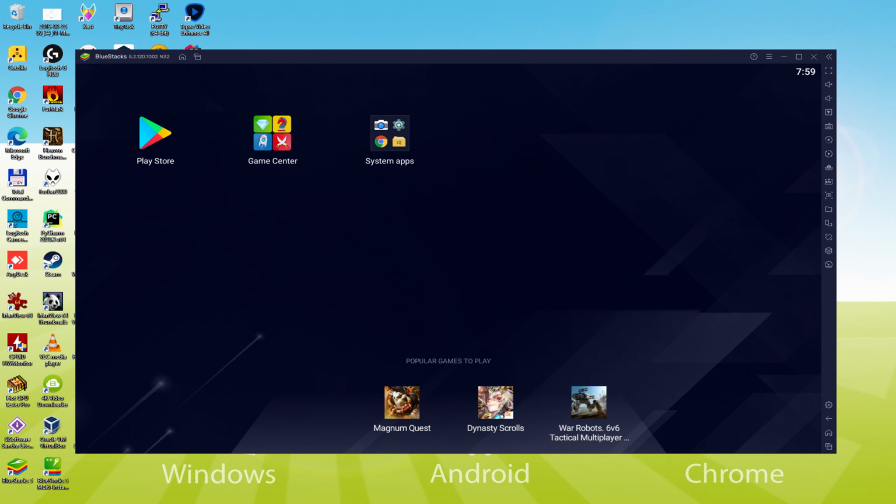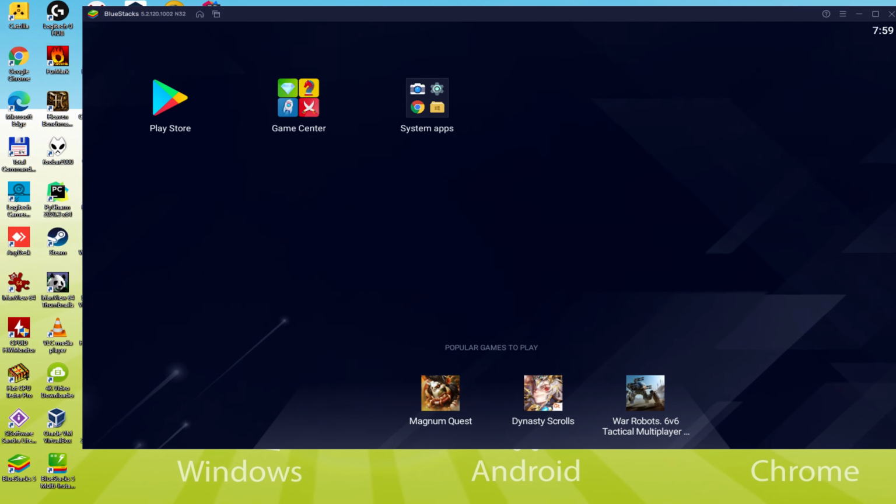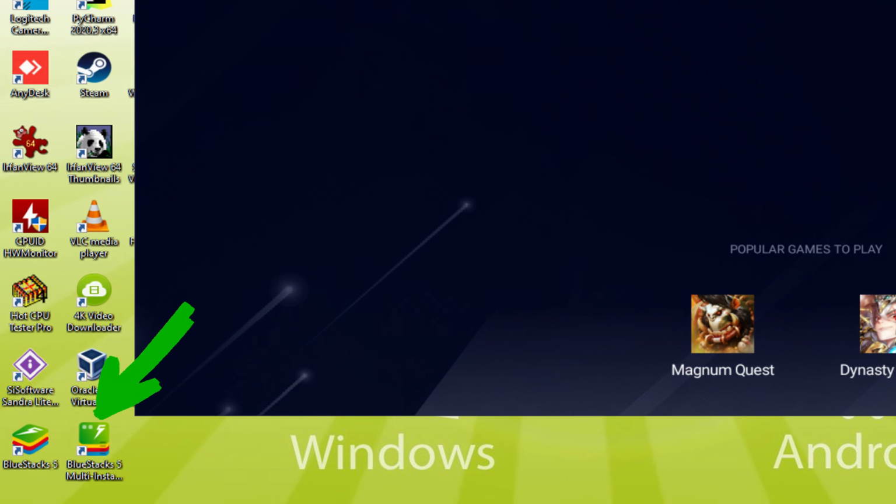Before we keep going, as you can observe, it created two icons here on the computer desktop. The BlueStacks and BlueStacks Multi-Instance. Note that the BlueStacks icon is the one we are concerned with. Every time we want to start First Refuge Z on our desktop or laptop, we double click on this icon and run the emulator. The BlueStacks Multi-Instance icon allows you to launch multiple emulator instances. And with BlueStacks 5's new improved Multi-Instance Manager in Eco Mode, players can run more game instances faster and with less lag.